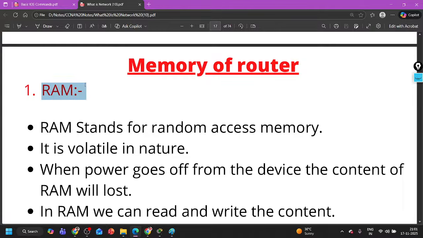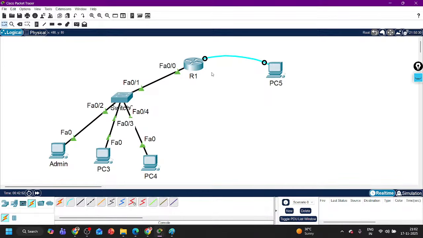First one is RAM. RAM is random access memory. It is volatile in nature. What is the meaning of volatile? When the system boots, everything will be erased. Yes, content will erase. Whatever configuration you are performing on the router is getting saved in